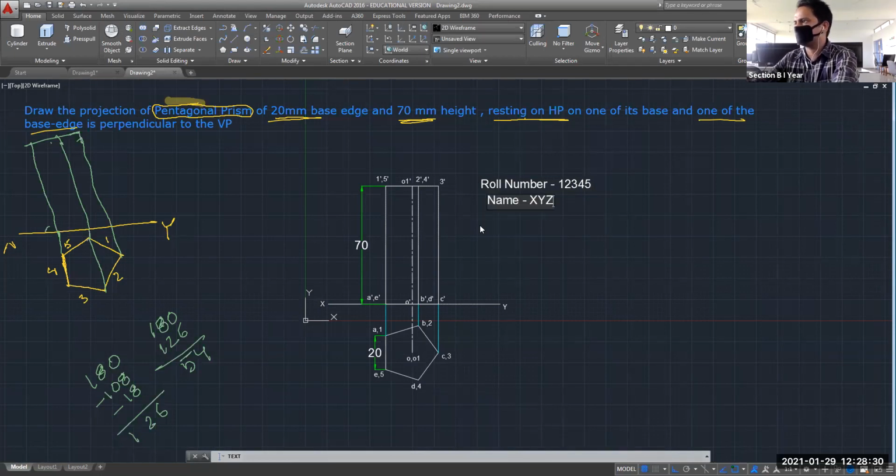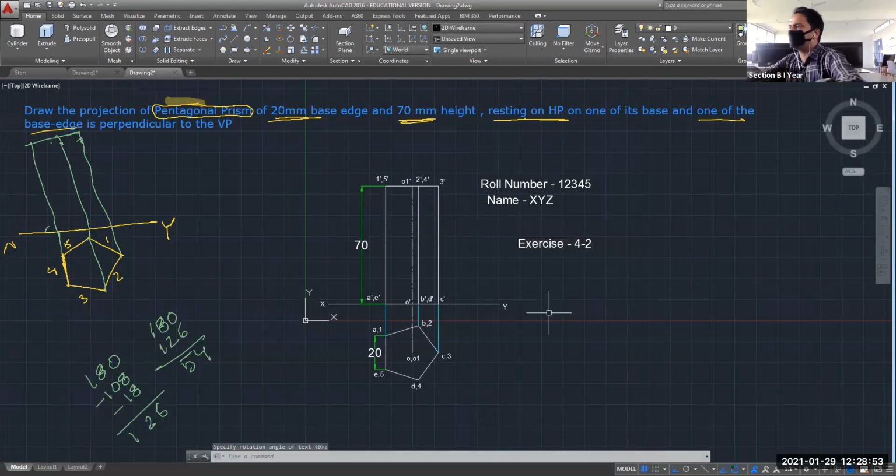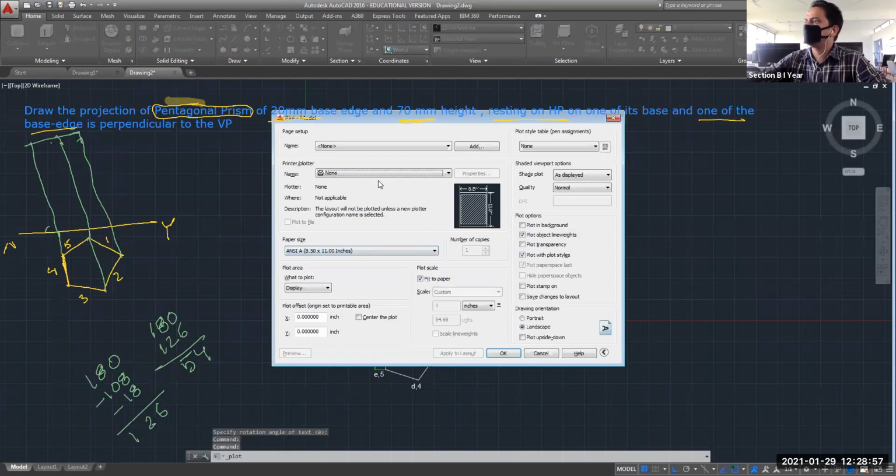Suppose XYZ. Okay. So once you have written your roll number and name, and also you can write problem number or exercise. This is our problem number 2 of unit number 4. This is the problem number 2. So you can write like this. Okay. So once you have done your writing part, then you can print it, Control P, select your printer,